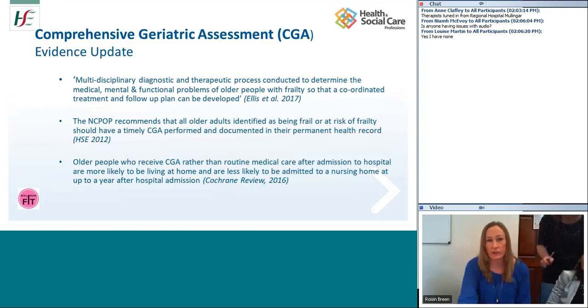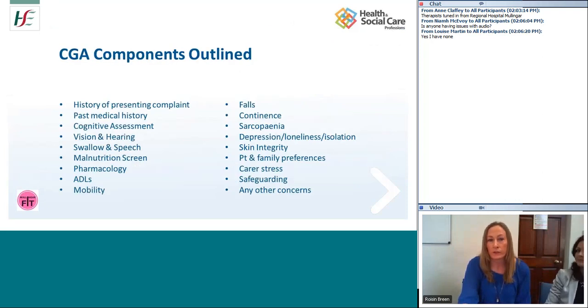Comprehensive geriatric assessment is really a misnomer. It's far more than an assessment. It's very comprehensive, but it also includes all the interventions that result from the assessments that you've done. So just to go through the components that are involved, first thing is taking a thorough history of the presenting